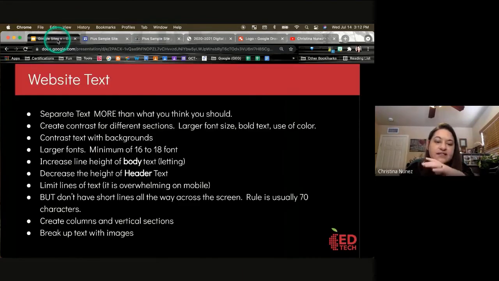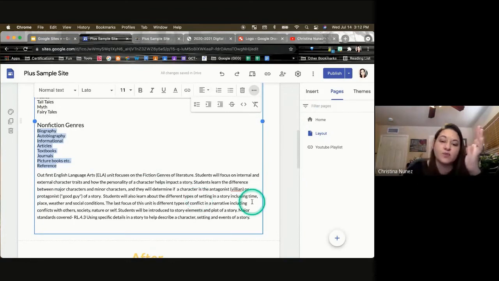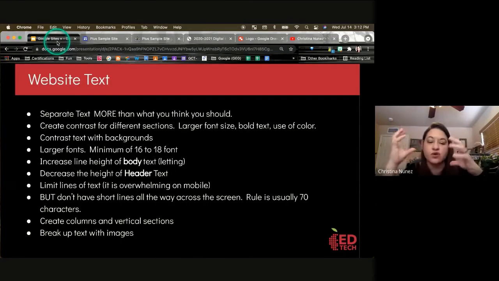The other thing is limit lines of text, because if I have this text here that goes on and on and on, if someone looks at that on a mobile device, whatever's here is going to stretch out to like half the page. So you have to think about writing it shorter. You need to have shorter lines. Think about using columns or vertical sections, or using text to break up, or using images to break up